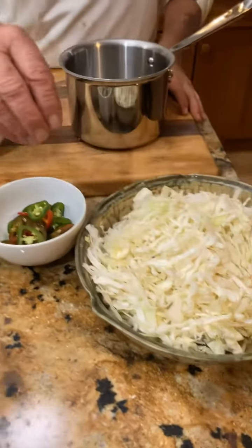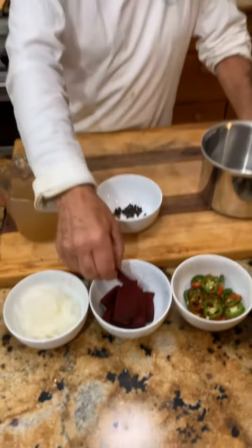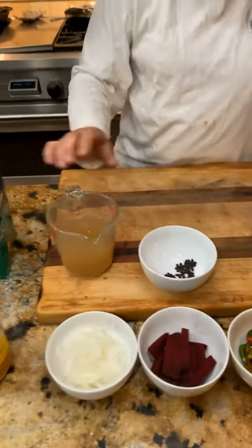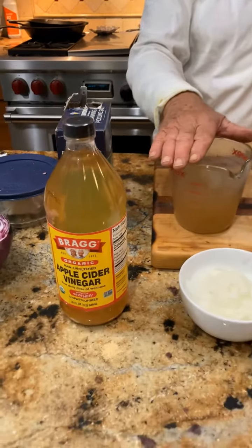So I've got shredded cabbage, some jalapeno peppers, and some red beet because I want to put it in there for color so it's not white, and a little bit of onion, and then just some salt and some peppercorns. And of course, to make the broth, I used 1 cup of water and half a cup